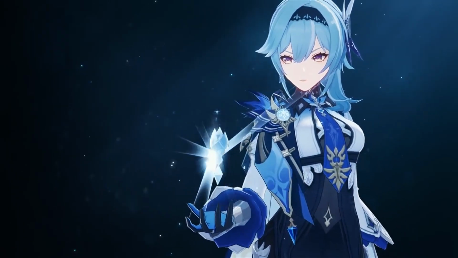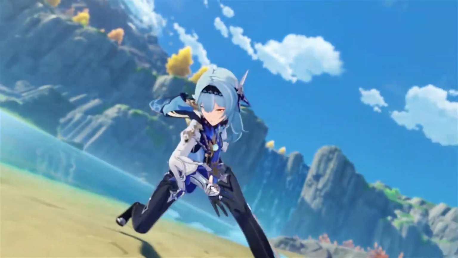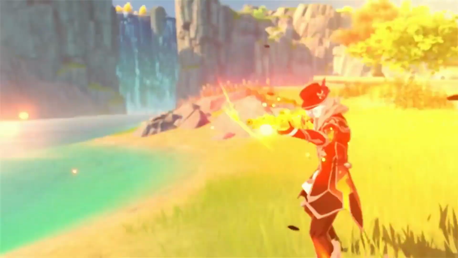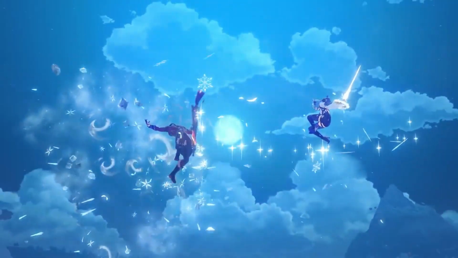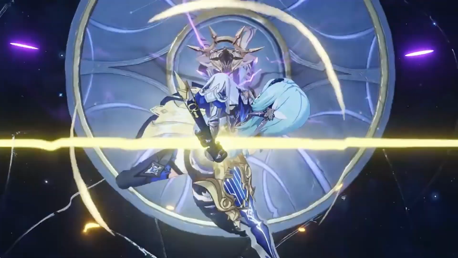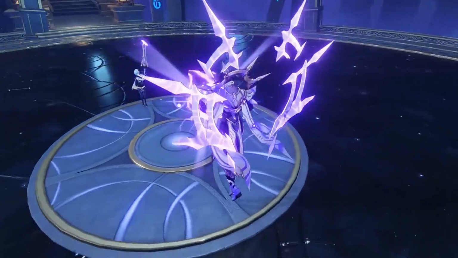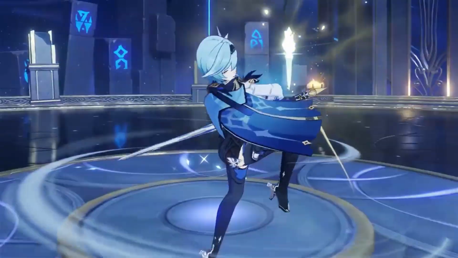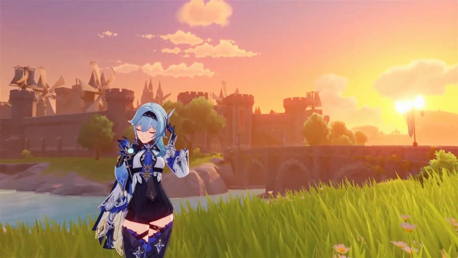Today, a little bit more Eula content before she finally releases, and I'm gonna go over the calcs I did to help me decide whether or not to run attack percent goblet or physical damage bonus. Now, before I start, this video isn't meant to tell you how to build your Eula, but just to show the math because I was curious how it affected her damage output. So in today's video, I'm only going to be looking at 3 weapons: the Prototype Archaic, Snowtombed Starsilver, and the